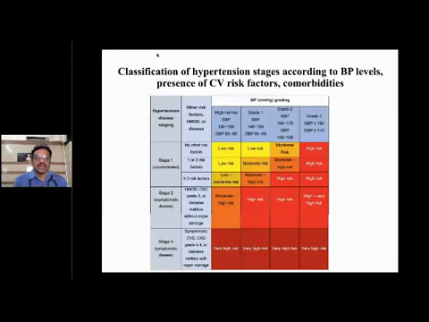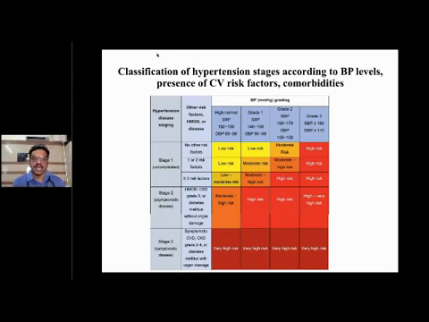So hypertension is staged into stage 1, which is uncomplicated, stage 2, which is asymptomatic disease, and stage 3, which is symptomatic disease. If you see this slide, the last column, which is in the red, all patients who are having systolic blood pressure greater than or equal to 180 and diastolic pressure greater than or equal to 110